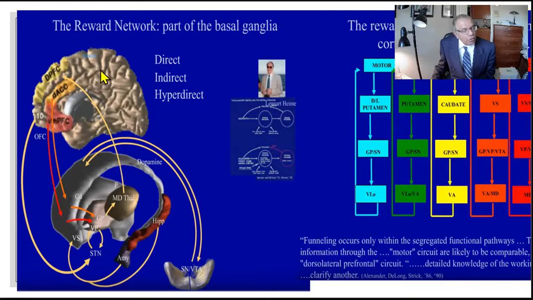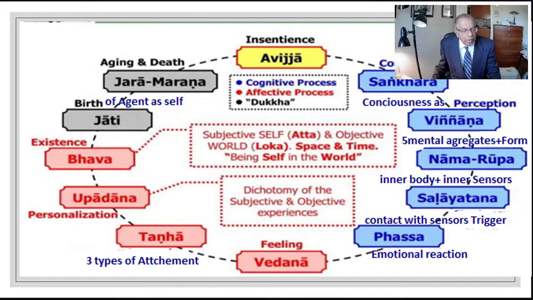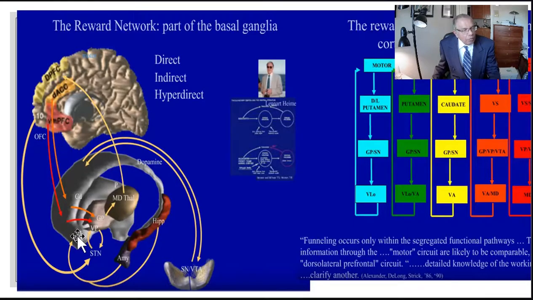But we are presenting to you to understand that there are similarities to what Buddha's five components, which create a human mind and a self, are in the prefrontal cortex. And that is the prefrontal cortex and the basal ganglia. And having said that, when you compare the discovery of this scientist, here is the cognitive component of it. This is the emotional component of the basal ganglia, which is also projecting here. And the emotional ones are connecting with the amygdala and the hippocampus.